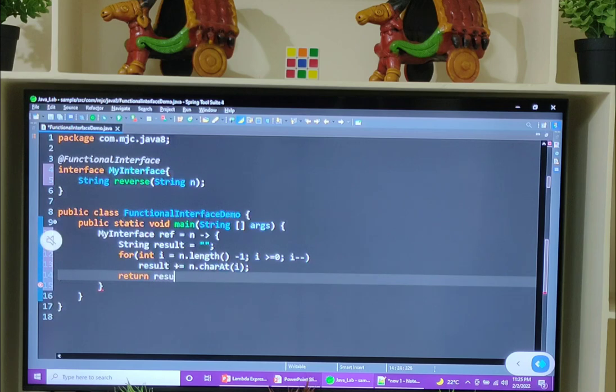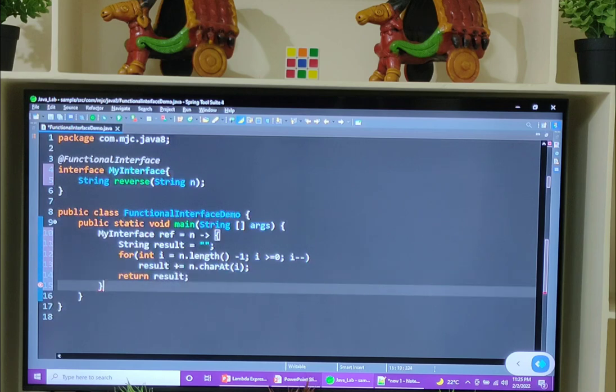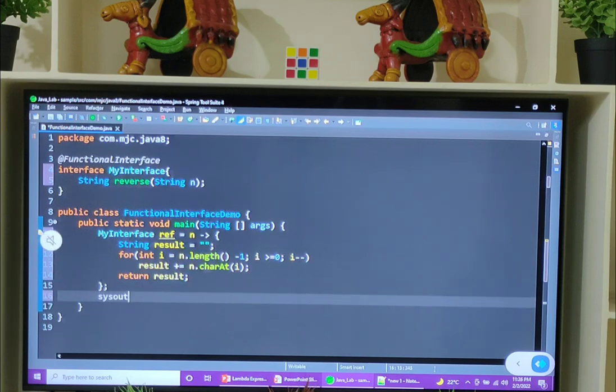Return result. That's it. And you can call that method wherever you need.